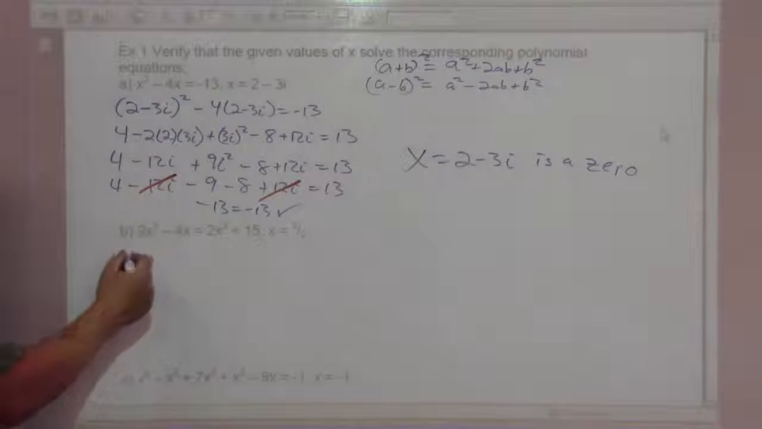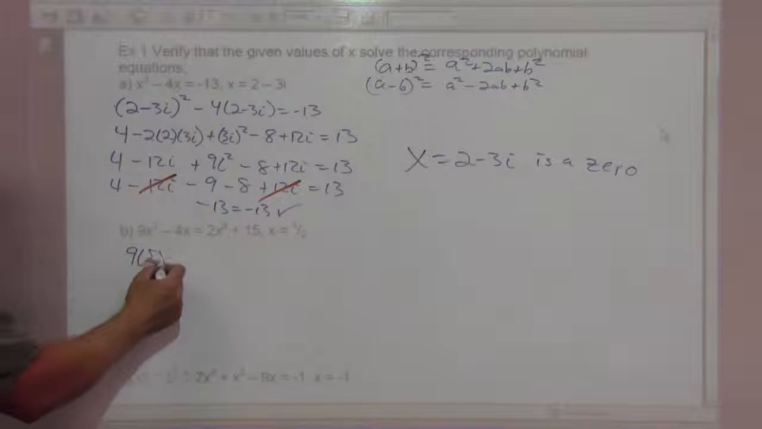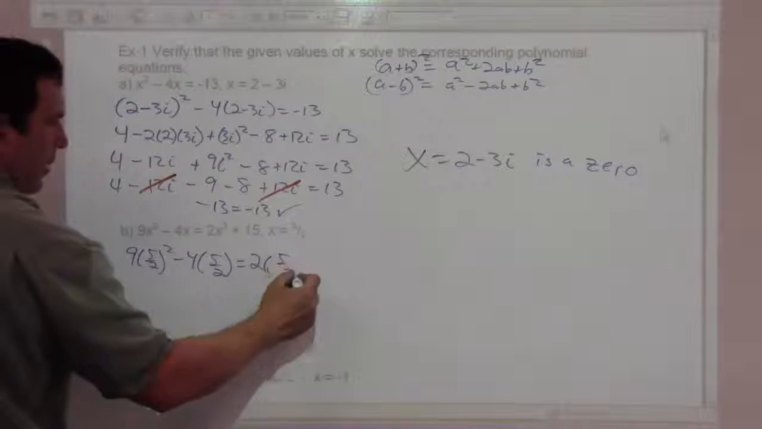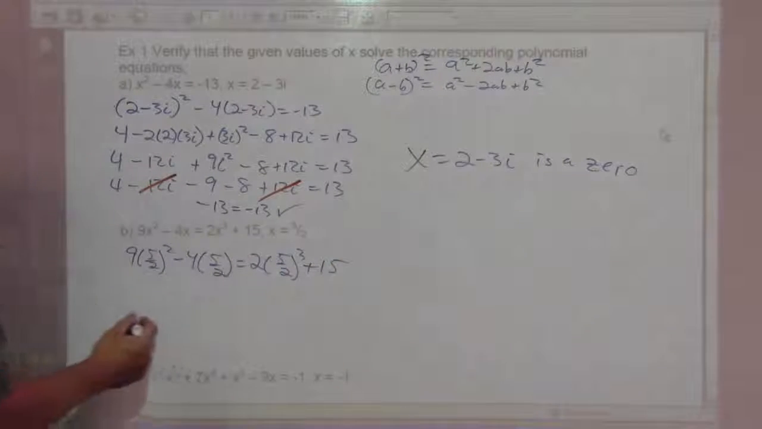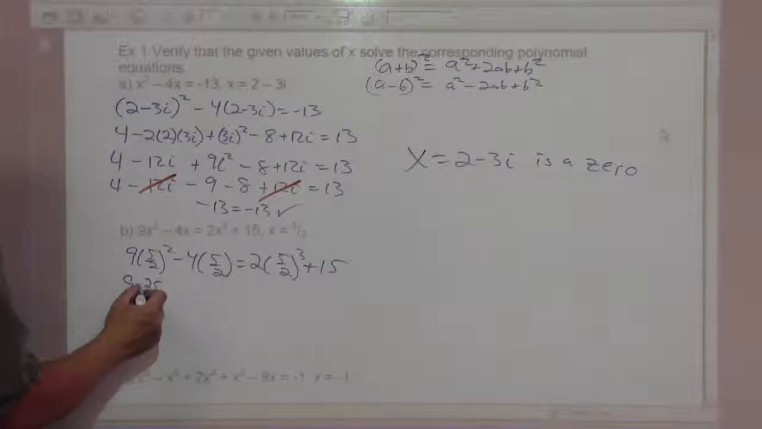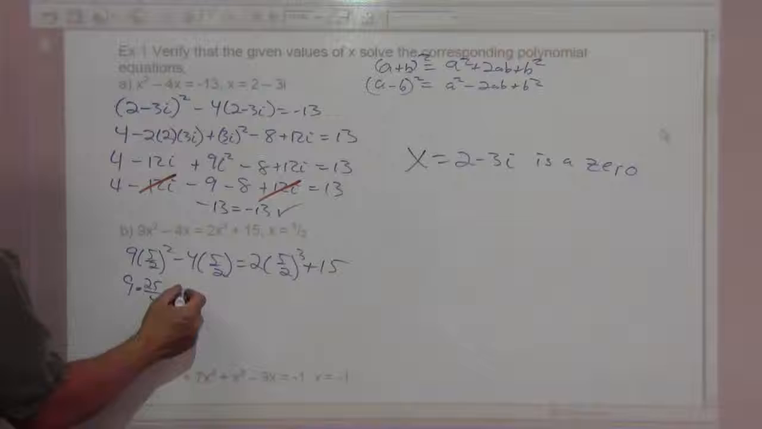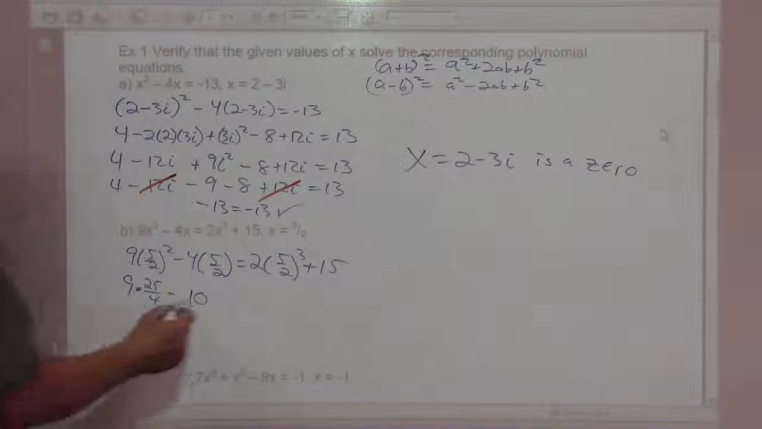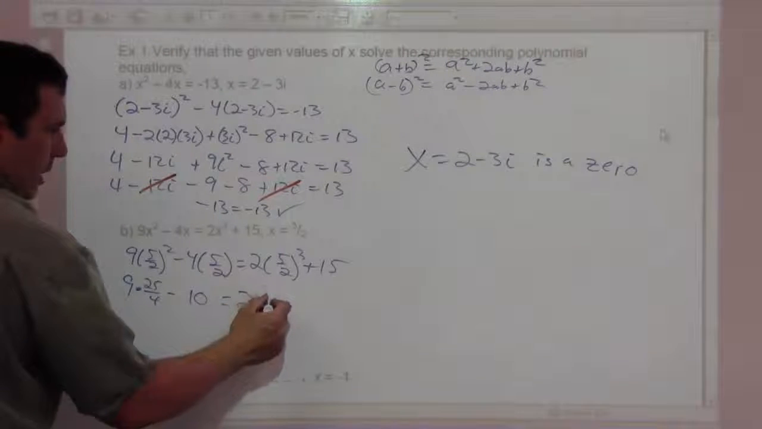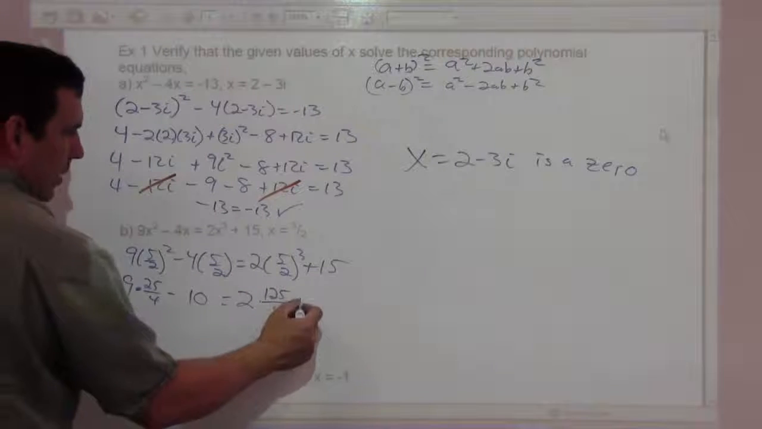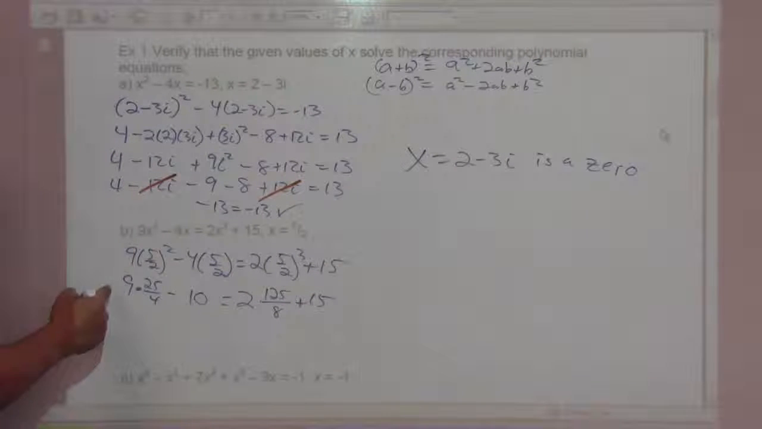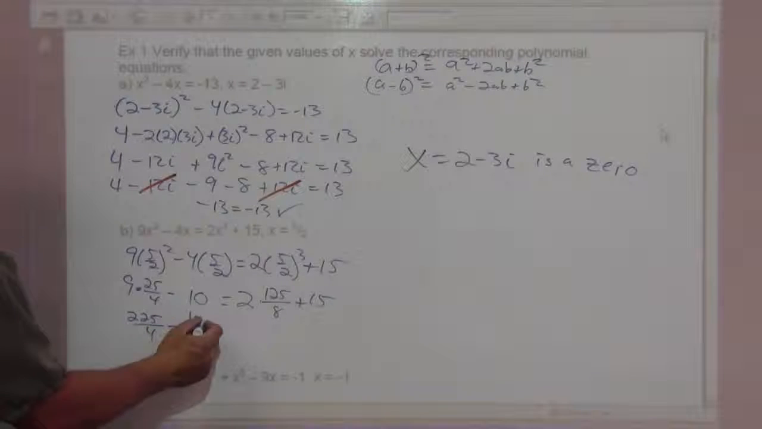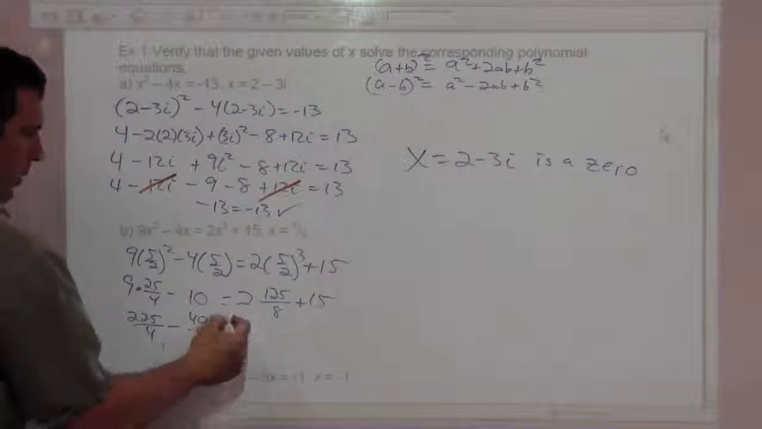Okay, let's try x equals 5 halves. We have 9 times (5 halves) squared minus 4 times 5 halves equals 2 times (5 halves) cubed plus 15. This is 9 times 25 fourths minus, well, 4 times 5 halves is just going to be 10, right? Equals 2 times 125 over 8 plus 15. So 9 times 25, that's going to be 225 over 4 minus 40 over 4 equals